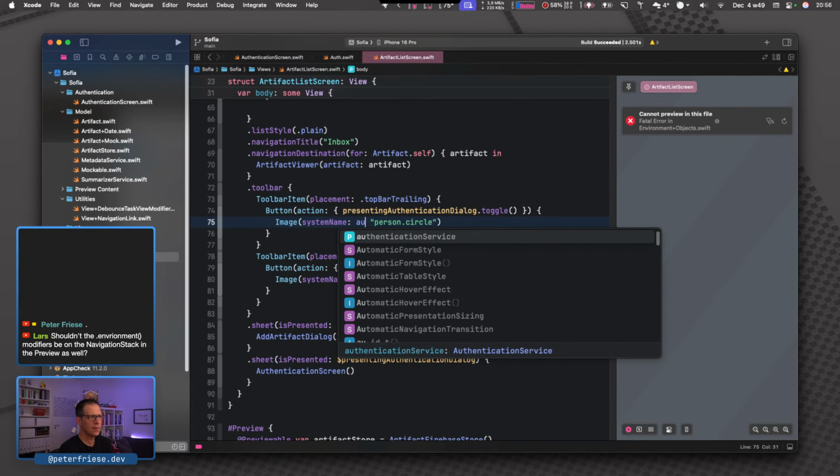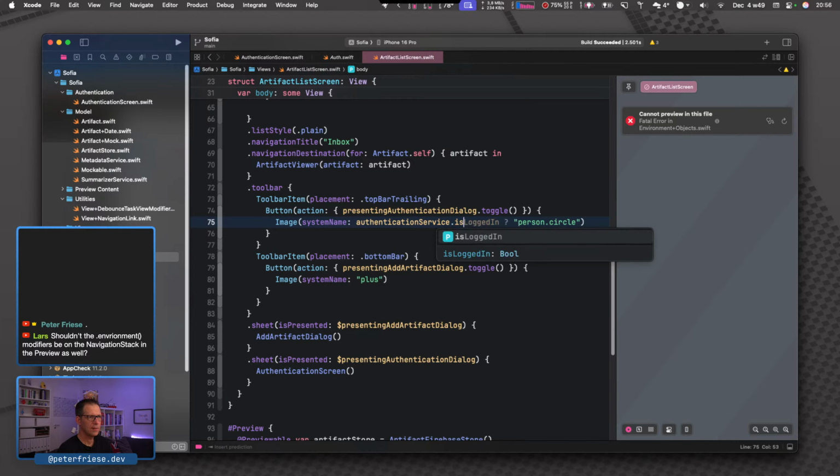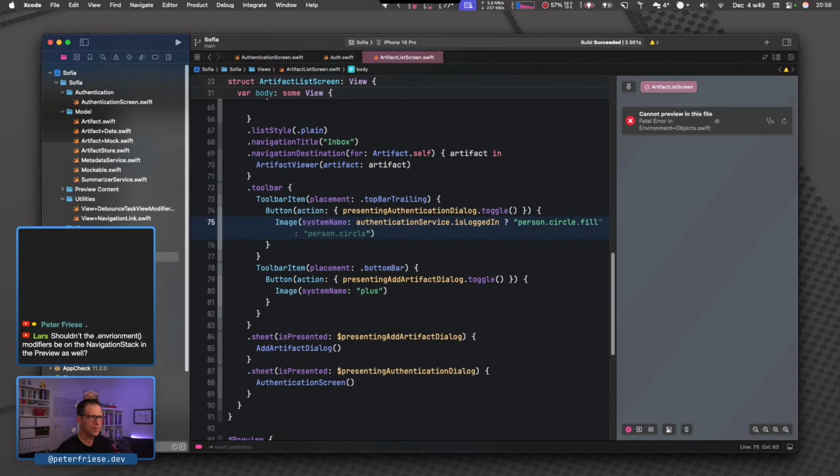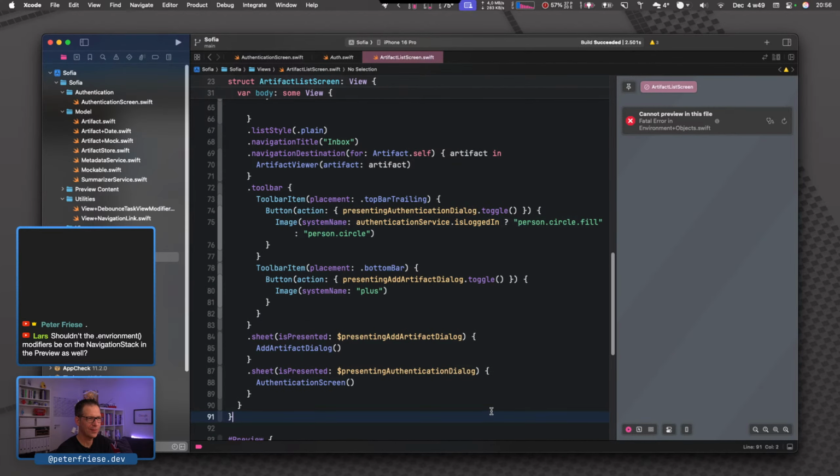So AuthenticationService dot is logged in, and if it's logged in, we want to use a circle.fill. And if it's not logged in, we want to just use the regular circle. All right, so it crashed.